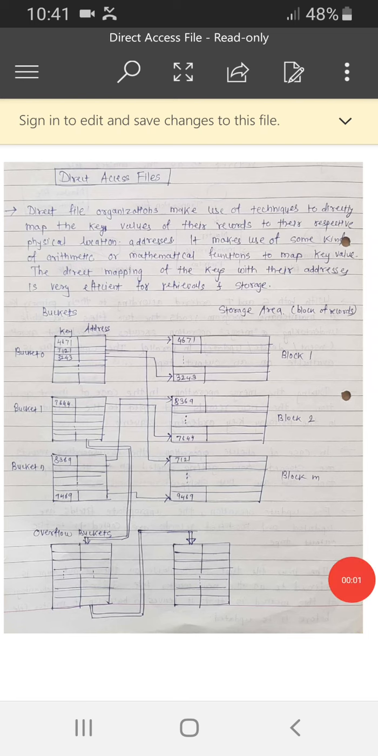Dear students, this is advanced data structure class and today we'll discuss direct access files. A direct access file organization makes use of techniques to directly map key values of records to their respective physical location addresses. It makes use of some kind of arithmetic or mathematical function to map the key value. So the main advantage of direct mapping of the keys with their addresses is that the retrieval and storage of the